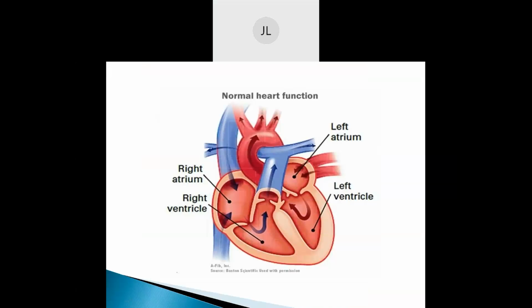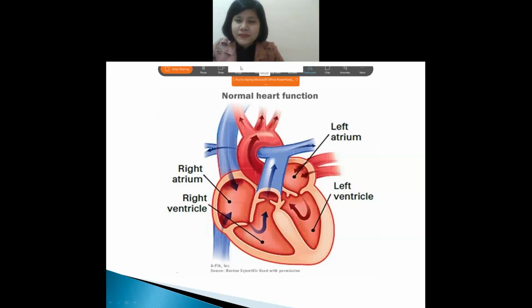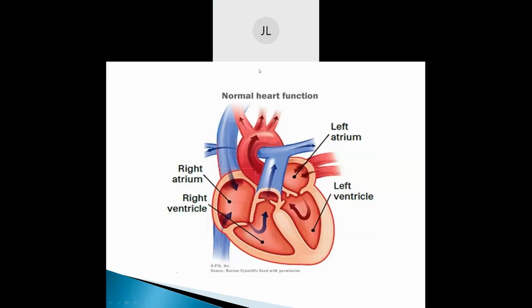The right atrium receives blood and pumps it to the right ventricle, and the right ventricle receives blood from the right atrium and pumps it to the lungs, where it is loaded with oxygen, and pumps it back to